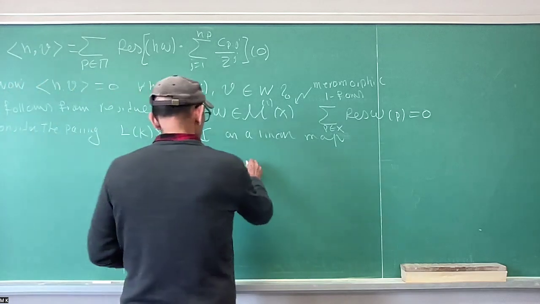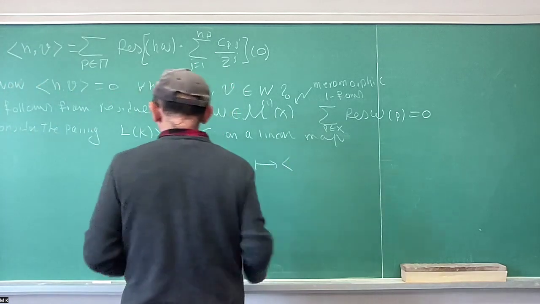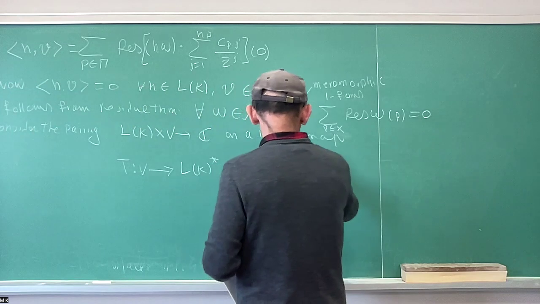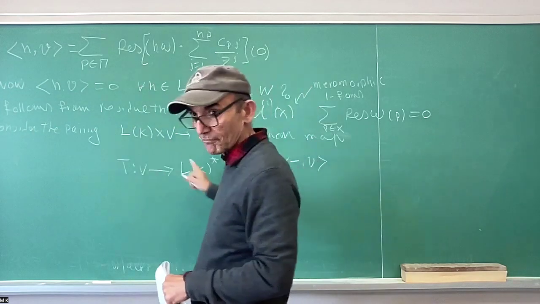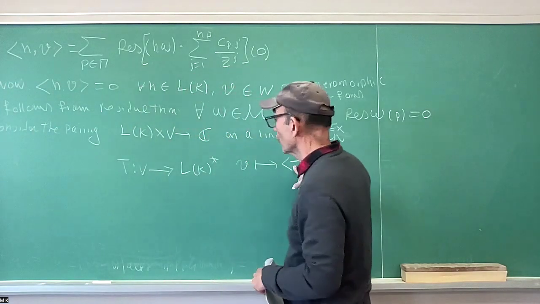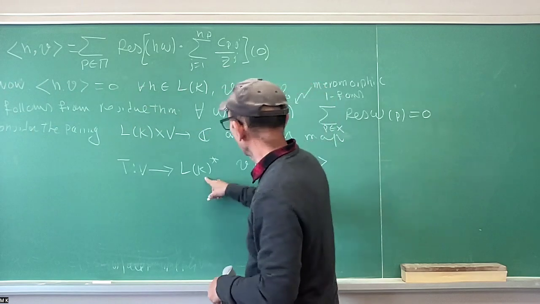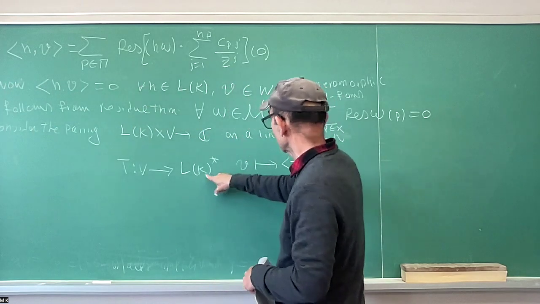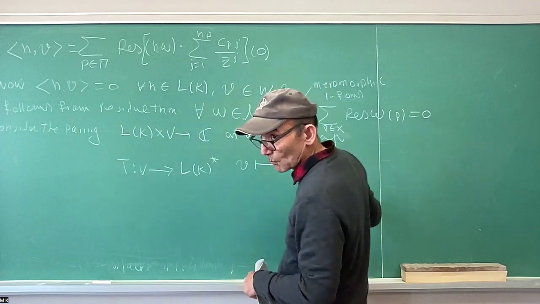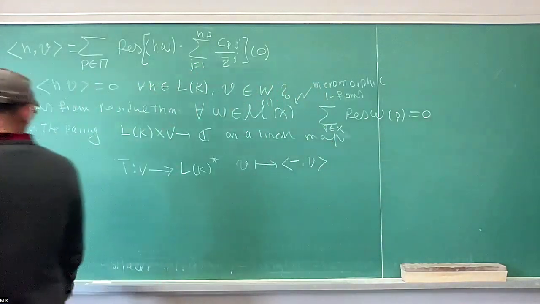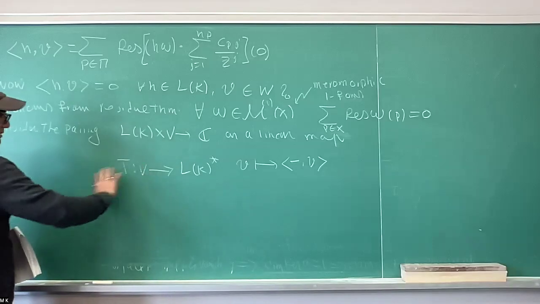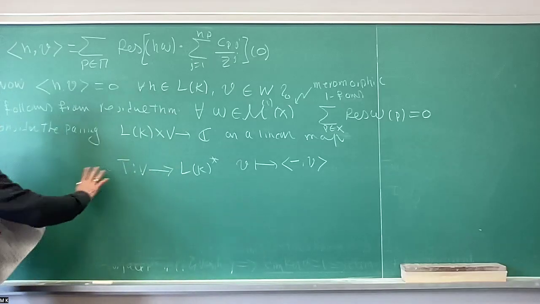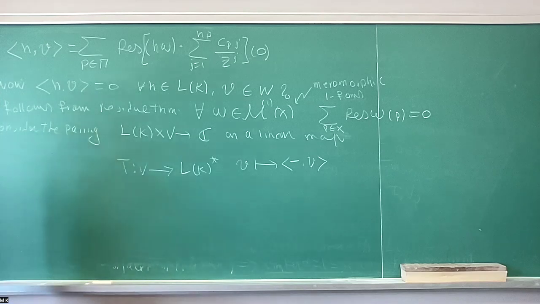It just sends V to this pairing, which is a linear functional on L of K. So this is simple duality going on, but it's good because it gives us some control, because it's easier to work with linear maps compared to bilinear functions. So now the claim is that